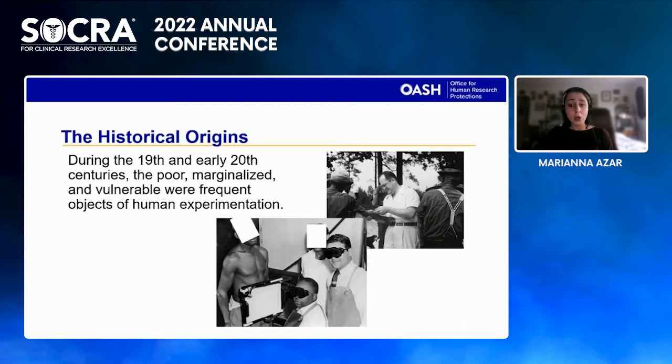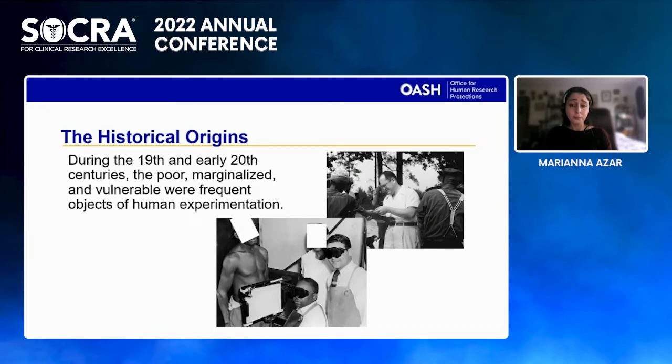Among the most notorious are, of course, the Tuskegee syphilis study, the Nazi concentration camp experiments on prisoners, the hepatitis studies on mentally disabled children at the Willowbrook State School, and many others. The through line in these cases is that individuals and populations, namely those in positions that made them vulnerable to exploitation, were singled out to bear the burdens of research for the benefit of others or for the benefit of